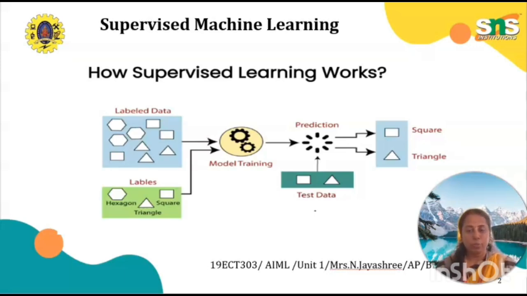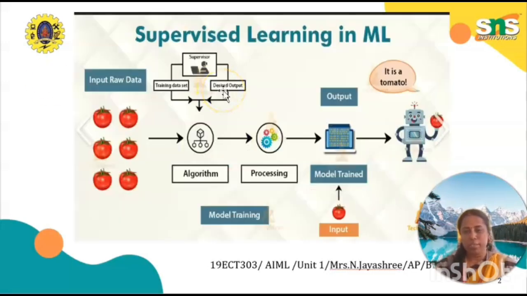Let us do the same set of data with some students' activity, the supervised learning model. We will see some students doing a role play activity for this supervised learning in a machine learning algorithm. There are 4 students. One will be the input, another will be the algorithm, another will be the processing, and finally the last person will give us the output. Let us do the same activity for supervised learning in a machine learning algorithm in detail.